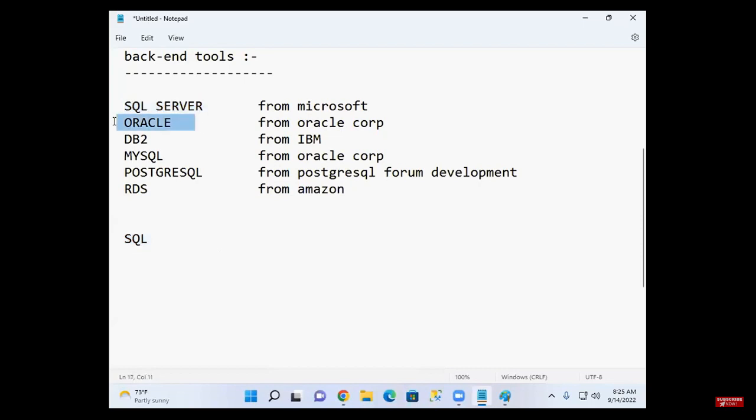Oracle, SQL. DB2, SQL. MySQL, SQL. PostgreSQL, SQL. RDS, SQL. When the language is the same, then the working is the same, yes.